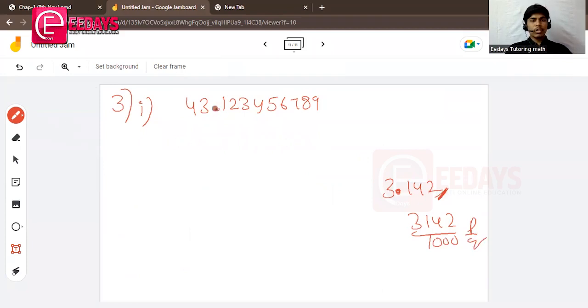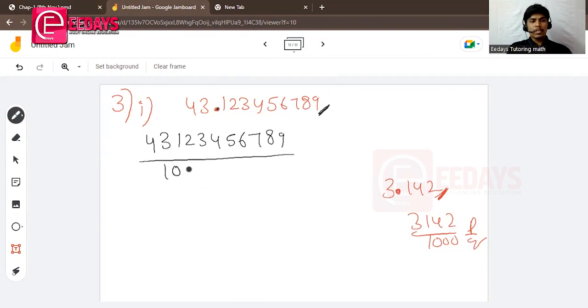Similarly, the question 43.123456789, all those digits are given. Here it is terminated here. After 9, there is no dot dot dot, nothing else, and we are not seeing any bar in the question. After the point, 1, 2, 3, 4, 5, 6, 7, 8, 9, there are 9 decimals. So you just write it in the form of P by Q, where Q is not equal to 0. That's why the given number